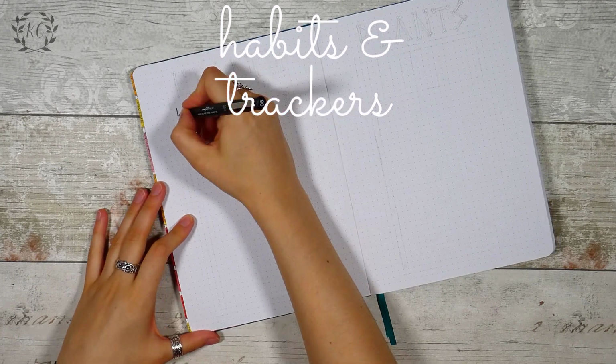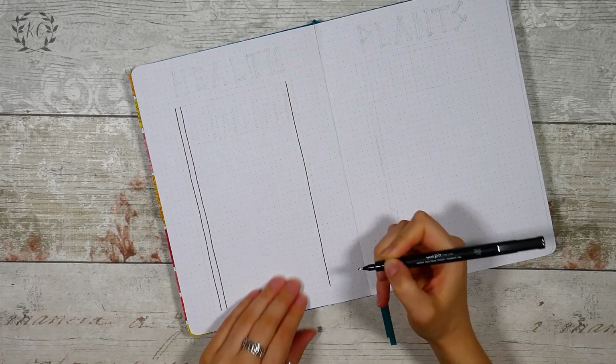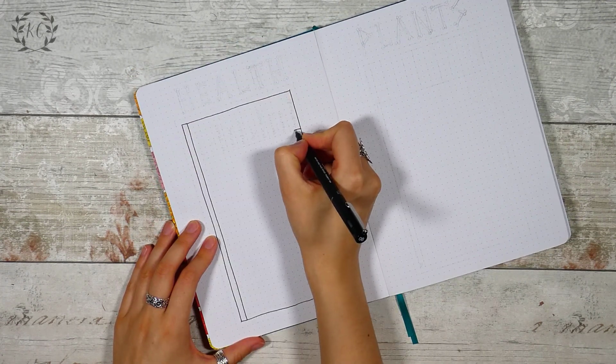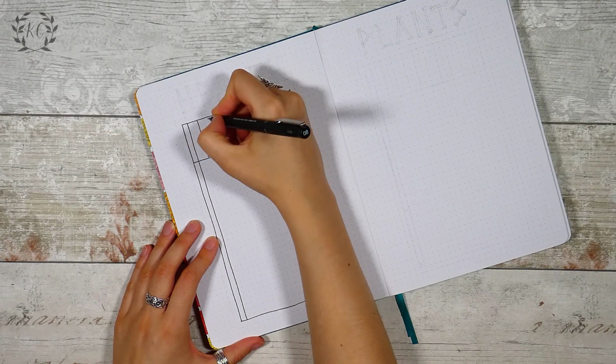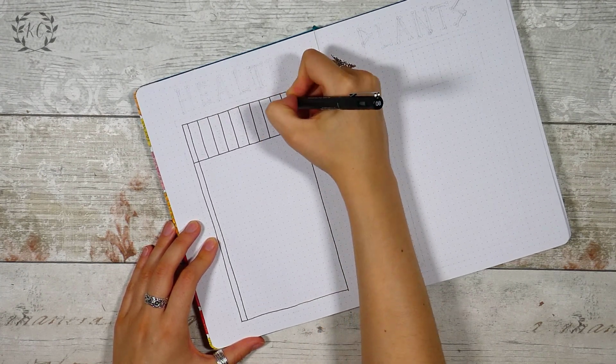On to my habits and trackers page. So this is the second month of trying it in this format and adding some more habits relating to my health and well-being. I'm keeping all the habits the same as last month, but I'm adding meditation to it as well. Now there is quite a lot on here and I'm not expecting myself to do all of these every